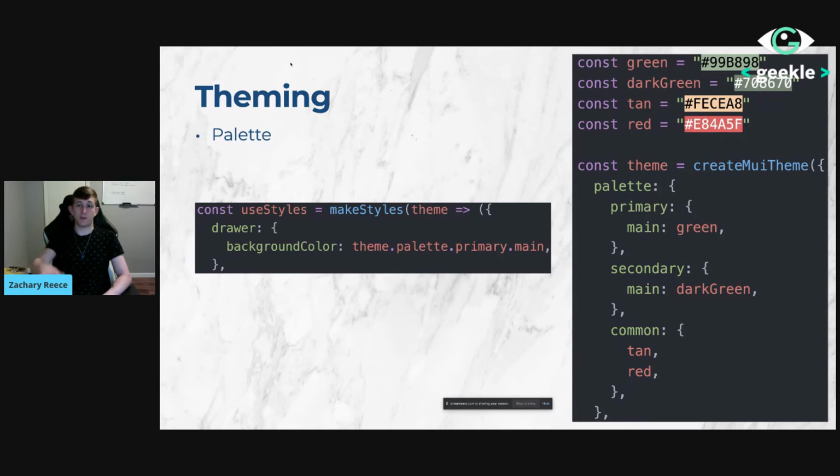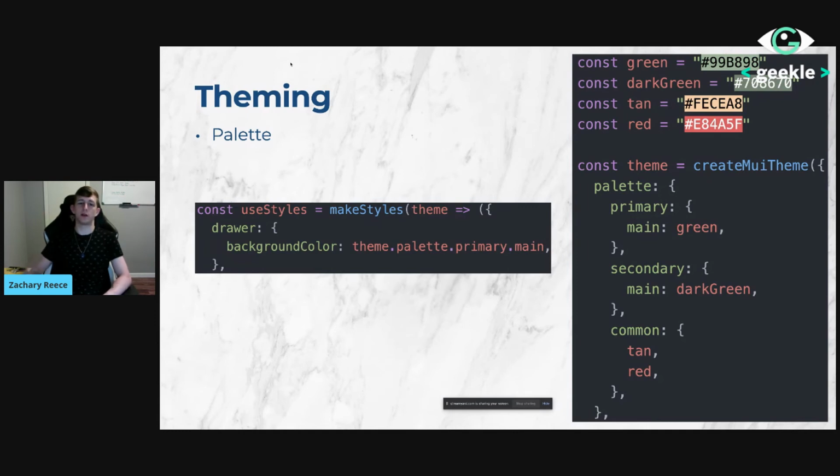Now, these primary and secondary colors have a unique feature where you set just the primary.main and then the secondary.main, and Material UI will actually automatically generate a lighter and darker version of those colors for you. So here you see I set the theme.palette.primary.main to our green color, but it also now generates a theme.palette.primary.light and a palette.primary.dark. So if I just need a lighter version of a color to highlight it somewhere, or a darker color to maybe disable it and gray it out, well, then you could use those automatically generated colors